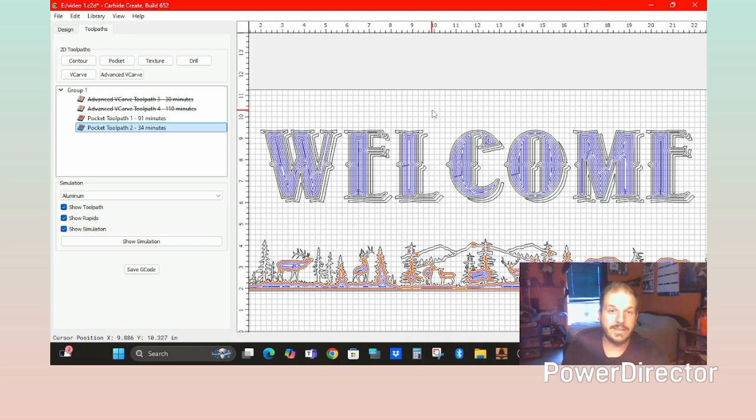And then we will only reset our 0. Once we change the bit, we will 0 the bit off of the material again, but just the Z axis. The others are left at the same point that they were to begin with. And then we will cut this. And when it is all said and done,